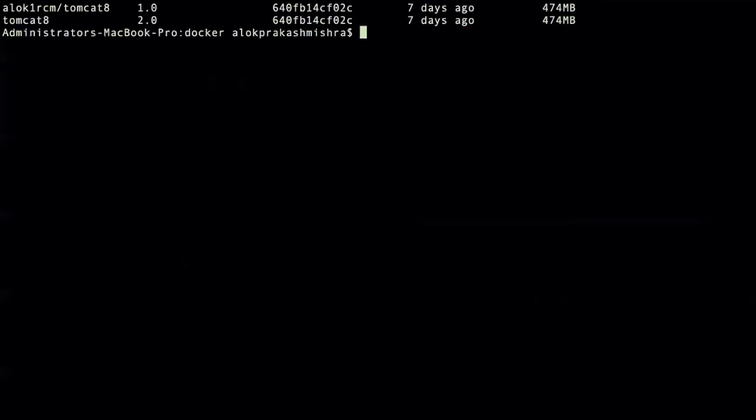Okay, once it is built, we can always give docker image ls. Here you can see that tomcat 8 2.0 is the image that is created. Now we have to push this image to the Docker Hub.